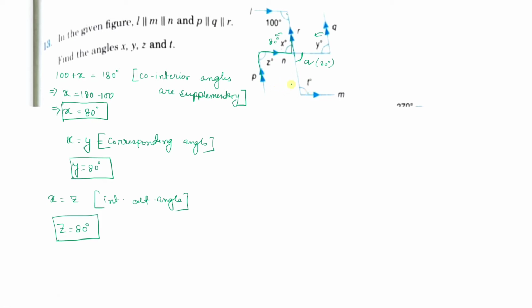Or you can, okay, look at this. This was a nice question. No need to name it as a. We are getting one relation. Very carefully, okay, look at this. A z-like structure like this, na? So this one is 100 degree. This will also be 100 degree. Write down t equals 100 degree. The reason will be interior alternate angles. Very nice question. So our swastik is finally solved.